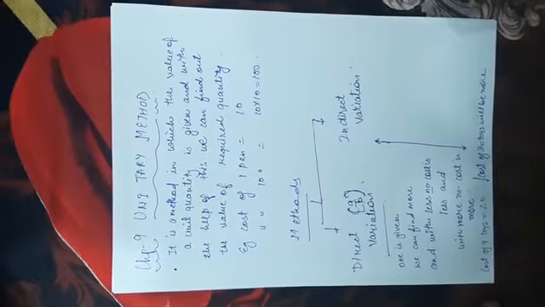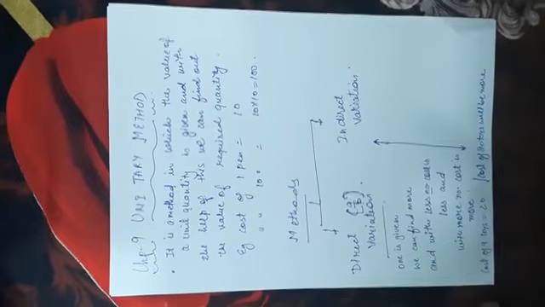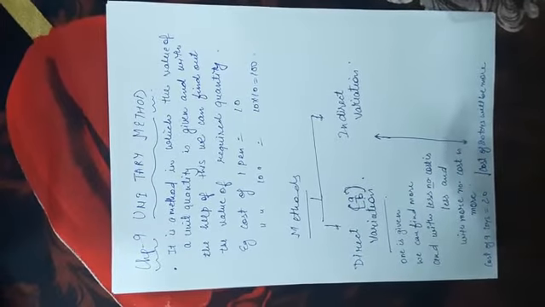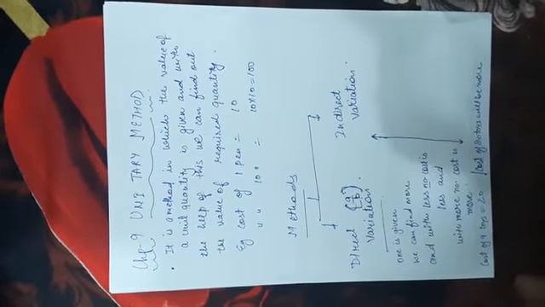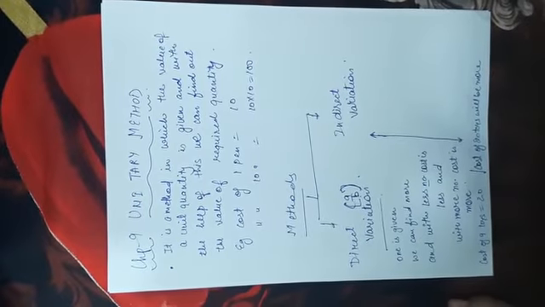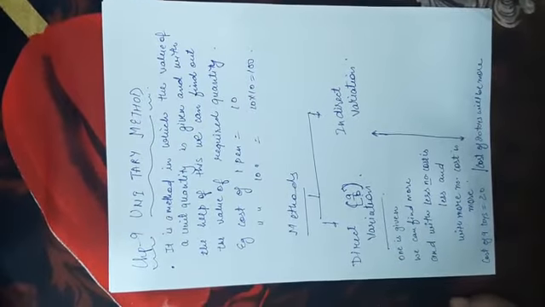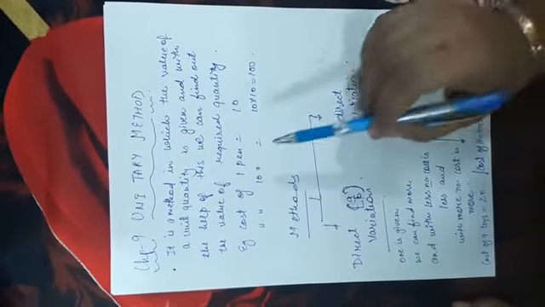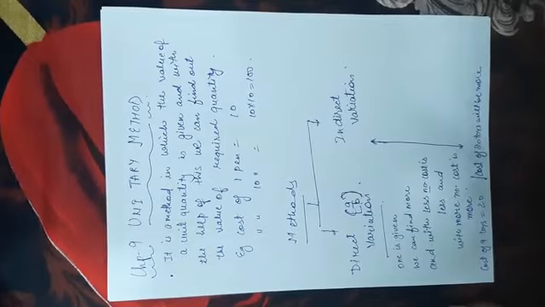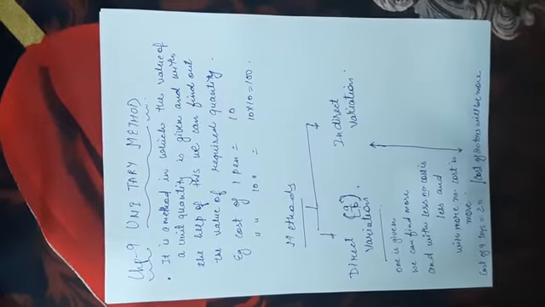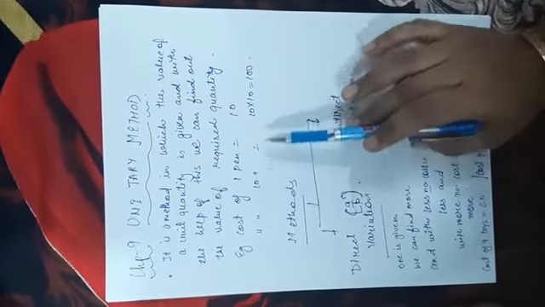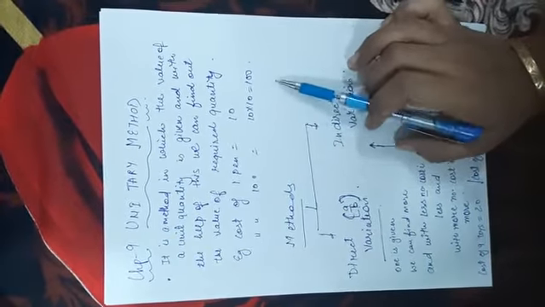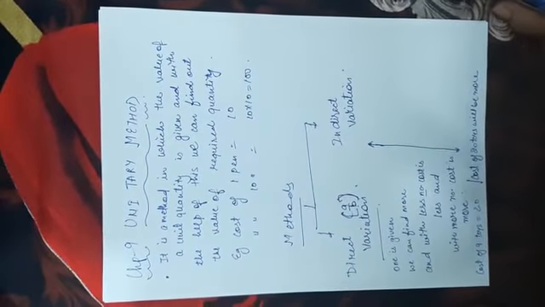Just listen to me carefully, what this method actually means. This is the method in which you are given the value of one variable, and with the help of that variable you can find out the value of the desired variables. Say for example, you are given the cost of one pen, which is 10 rupees. You can find out the value of 10 pens, 100, 200, 300, whatever you feel like. These number of pens could be found out.